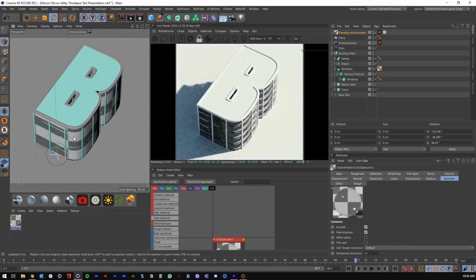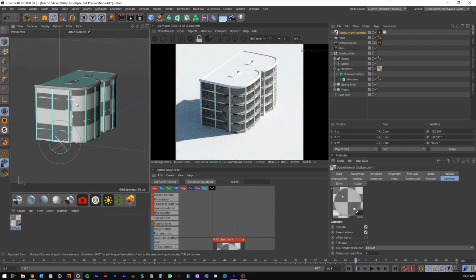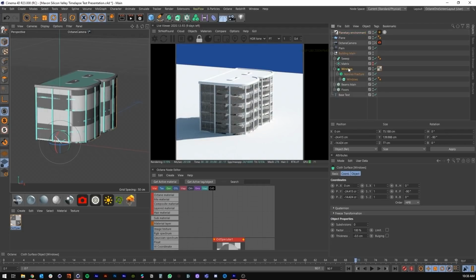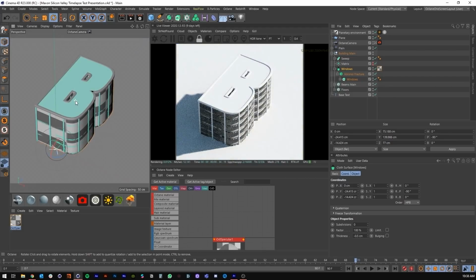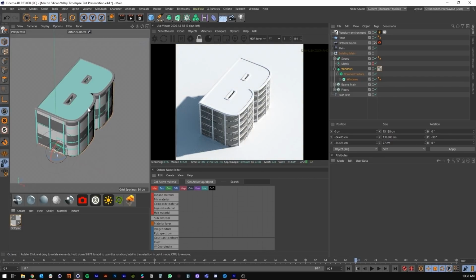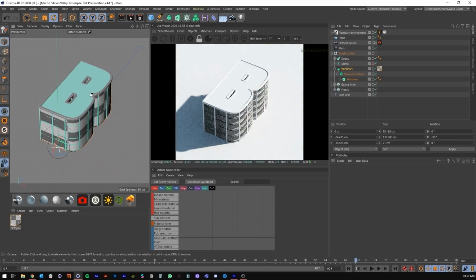And I mean, already you can see how that's looking. It's pretty cool. I think our thickness may need to be, nope, that's good. All right. Okay. Now, next, let's create a